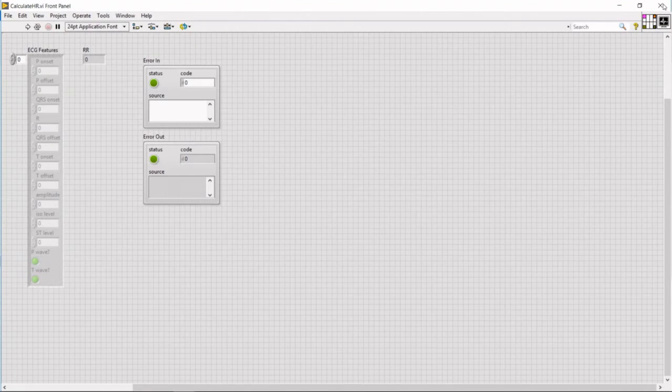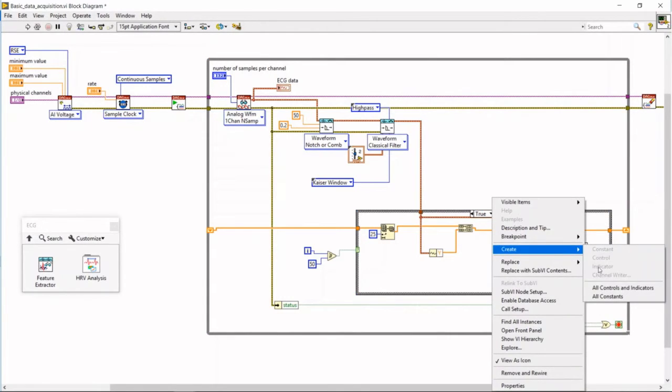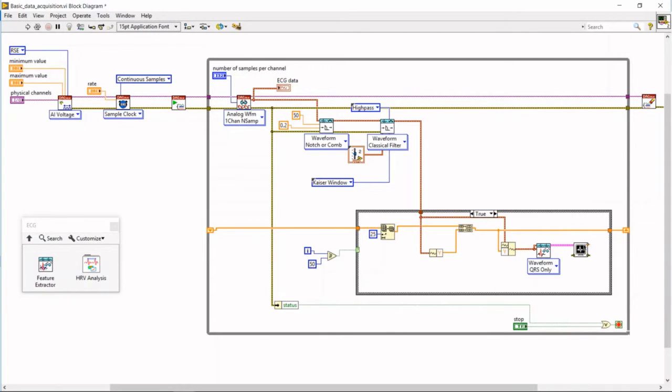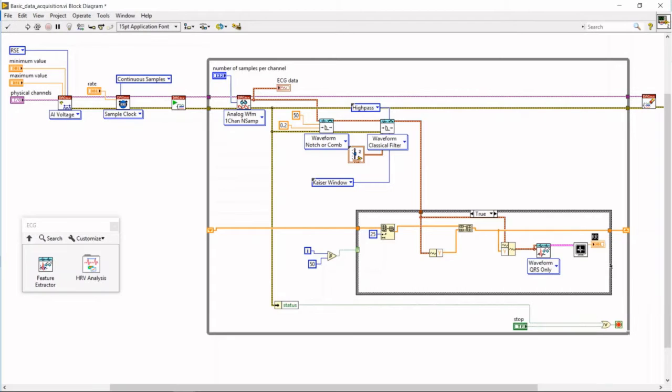Okay, so I'm going to close this. And as the output signal is heart rate, I'm going to put an indicator in our table. Okay, so this RR time, that is actually our heart rate, is going to wait for 5